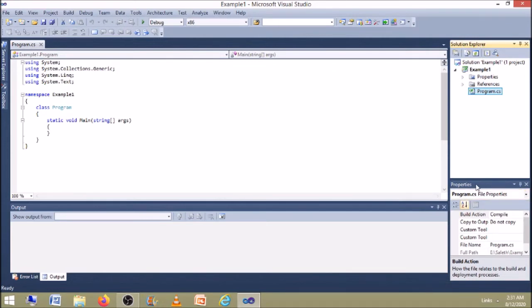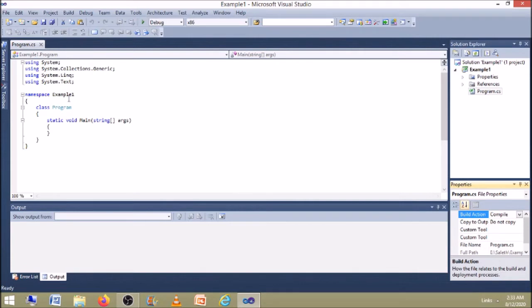Here is a property window for program.cs. If you want to change anything regarding this file, we can do it here. Okay, like file name, file path, and so on. Okay. So this is the Properties window. Here Solution Explorer, and this is the Properties window. And here you can see the part which is named Output. If there is any error while we compile the source code, that will be displayed in this part. And while we execute the program, the output will be displayed in a new window. Okay. And this is our major part, that is called the text editor window, to create the source code, to write the source code.